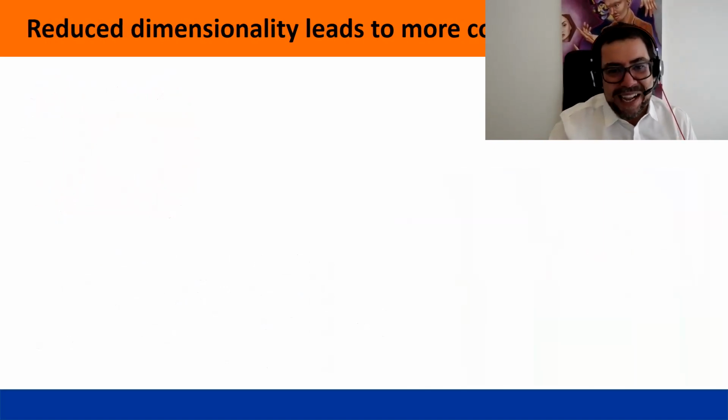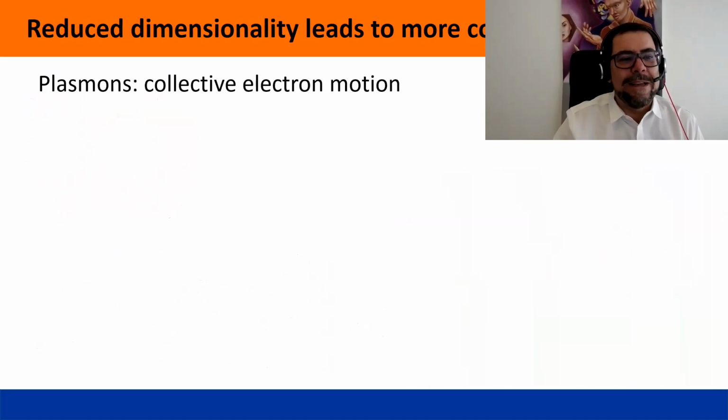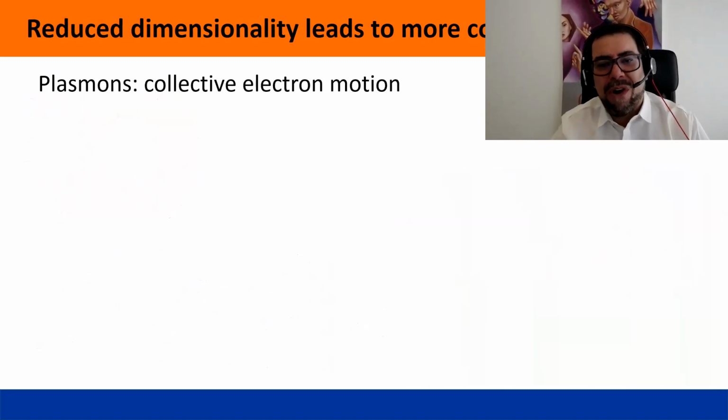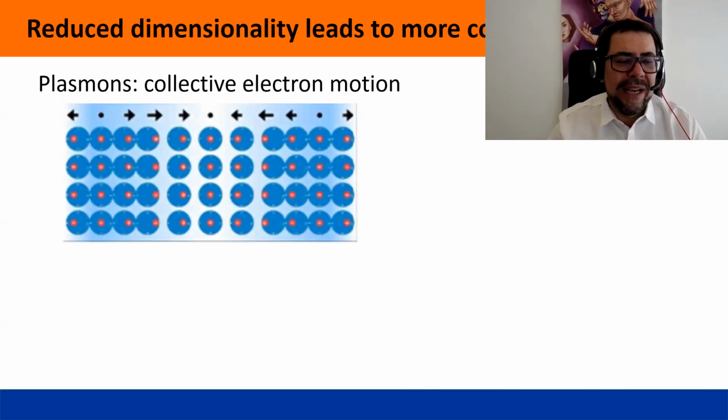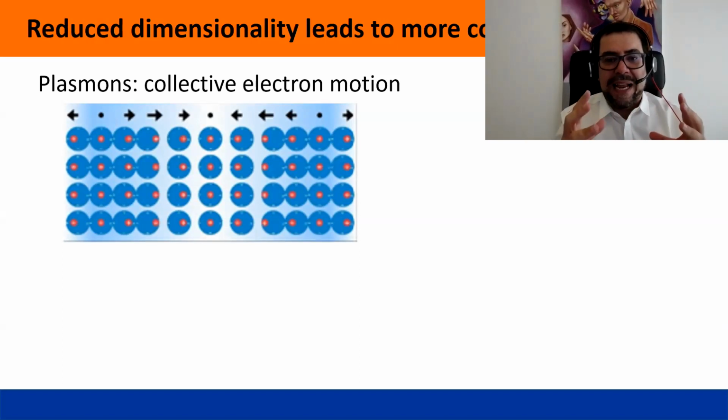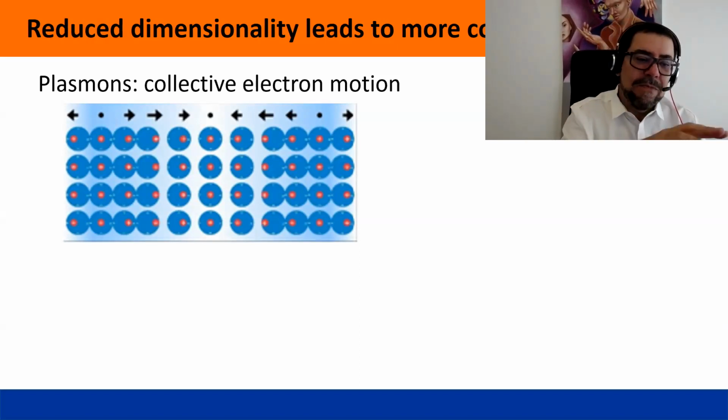So this is the message here, okay? Because the electron-electron interaction is essentially enhanced as you reduce dimensionality. One example of collective motion is the so-called plasmon. So a plasmon can be seen as this. When I have a material, and then around the atoms, I have the electrons. This material is